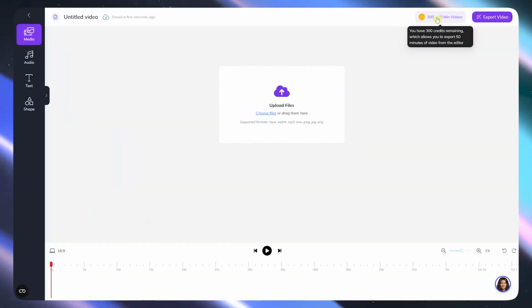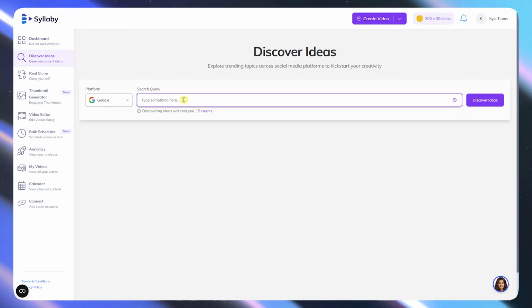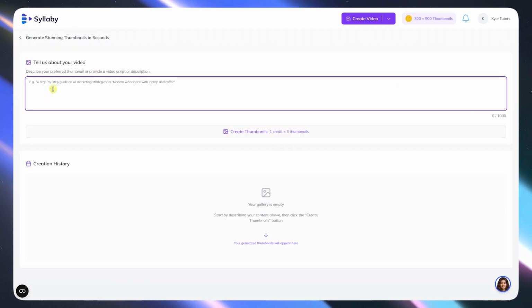In today's video, I'll give you a quick overview of Syllabyte's features, show you how to create a high-quality faceless